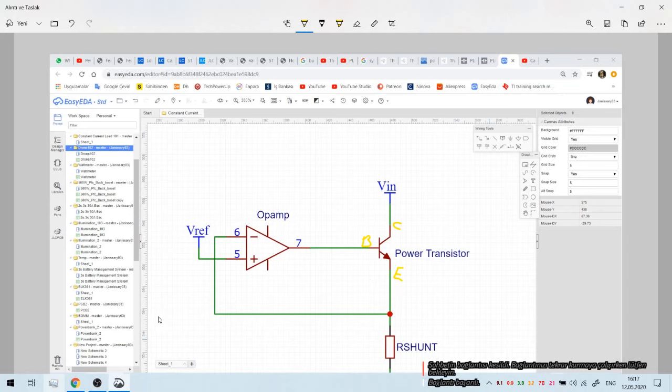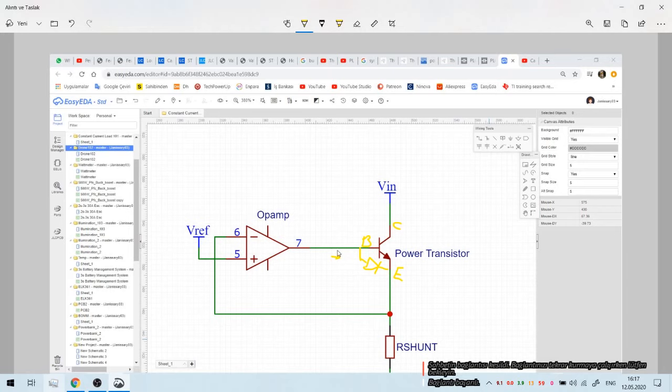This transistor is basically a switch, and there's some diode. We can say like this. There is a diode here, base emitter, and